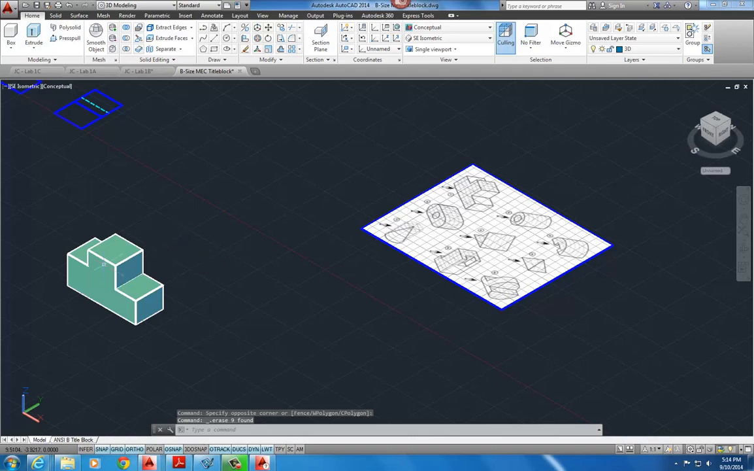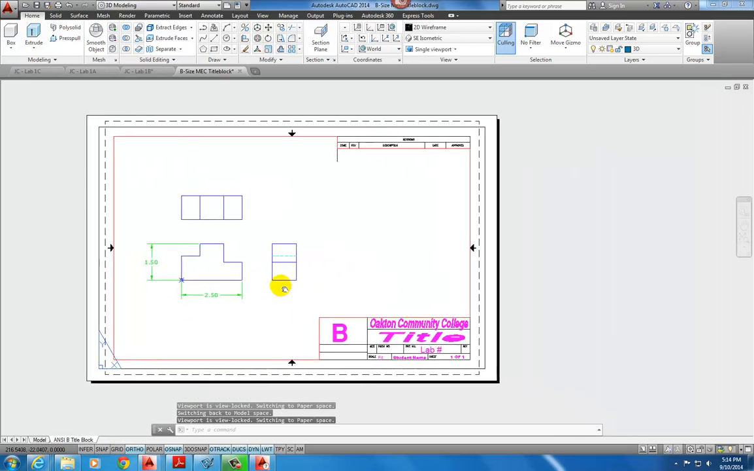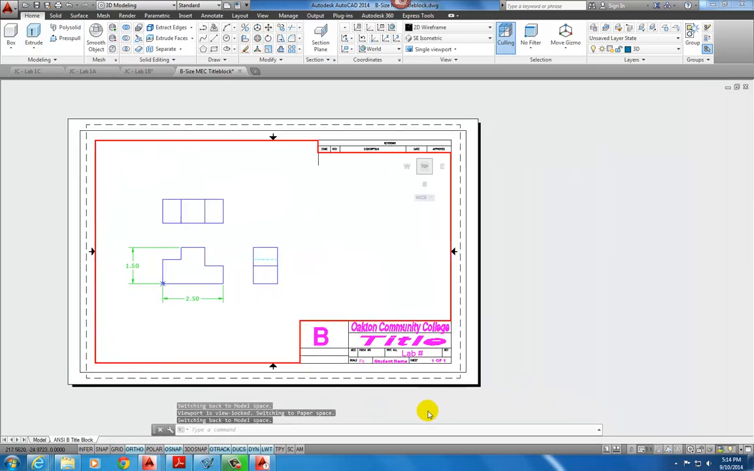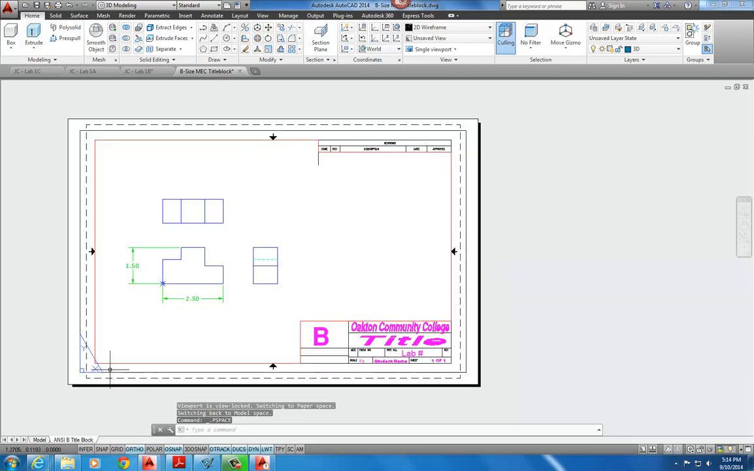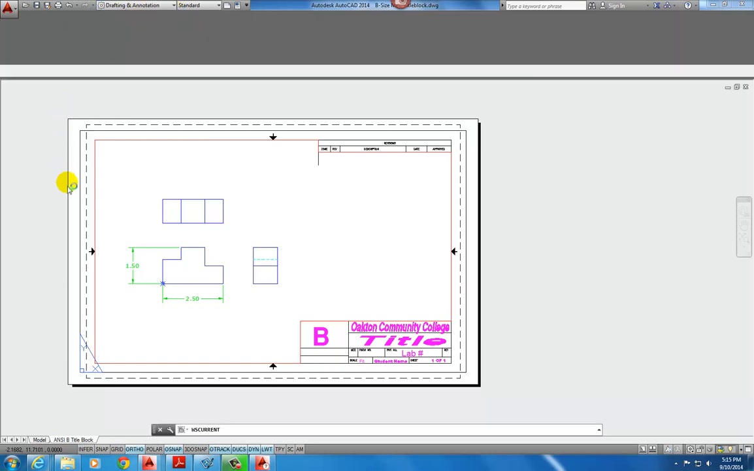Now I have my three-dimensional model and my two-dimensional work, and I'm going to put them on the title block in a viewport. So I'm going to switch over to my title block, and this is what's known as paper space. And paper space, if I double click outside of the viewport, will give me this right triangle. I'm going to switch back over to my drafting and annotation tab,